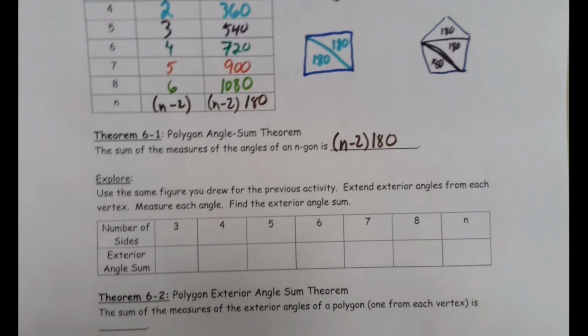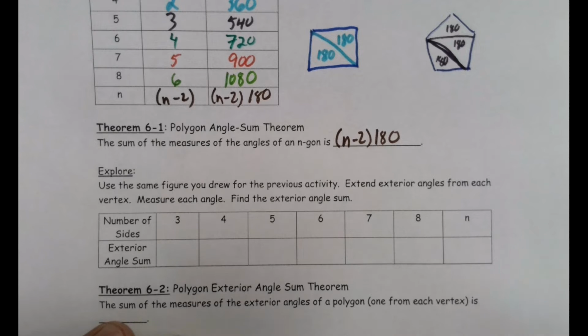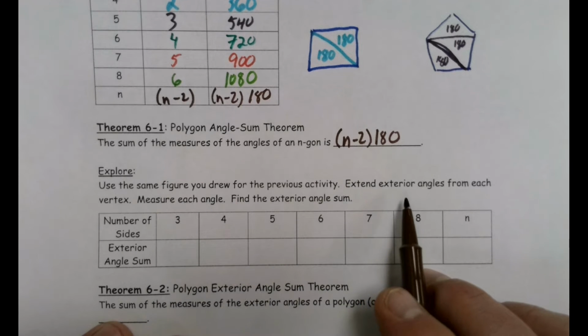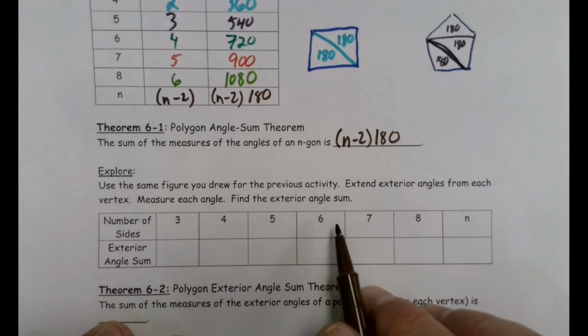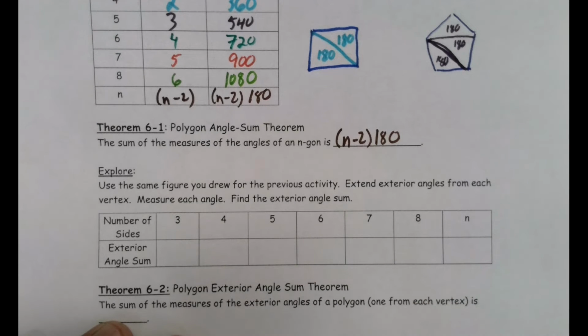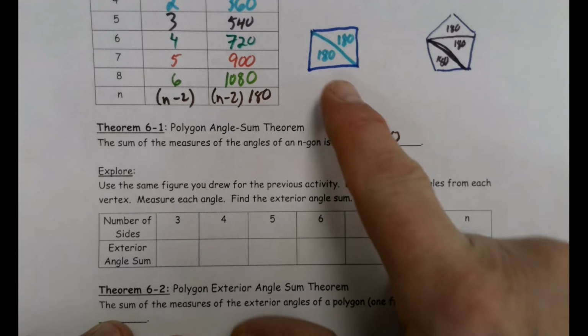All right. Now, we're going to look at another piece here as well. Using the same figures that I did in the previous activity, we're going to extend exterior angles from each vertex, measure each angle, and find the exterior angle sum. And we're not going to actually measure it, we're going to think it through. All right, so if I go to the quadrilateral,